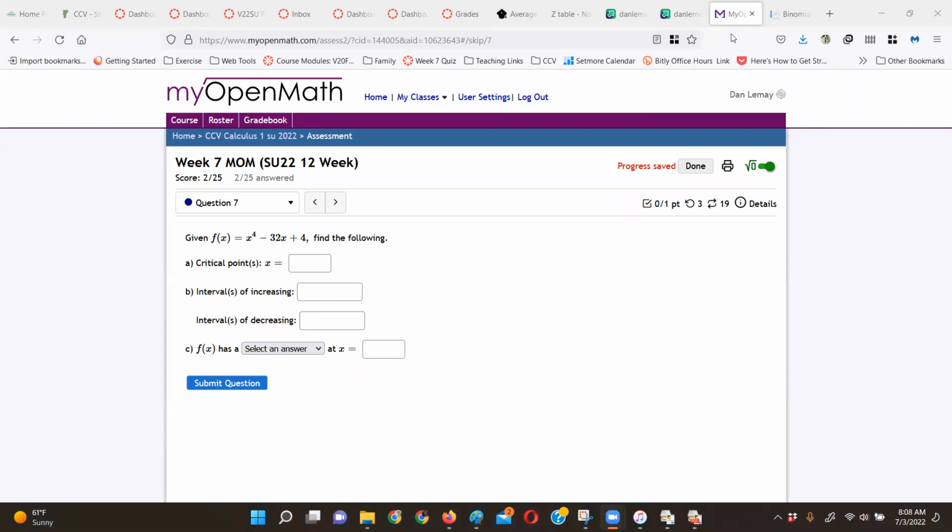So we're going to do the derivative. f prime of x equals 4x cubed minus 32. And this is a polynomial, so there are no places where the derivative will be undefined, but there probably will be places where it's